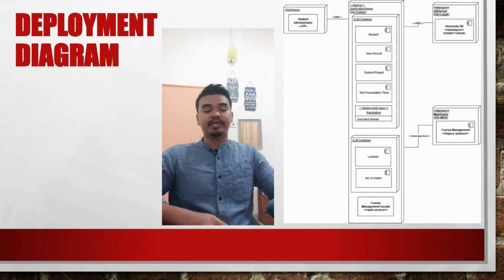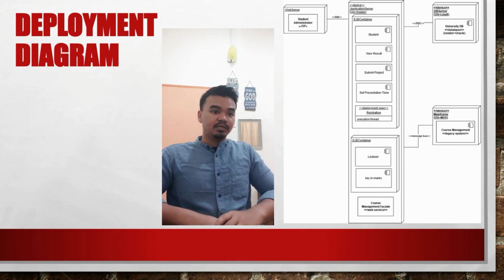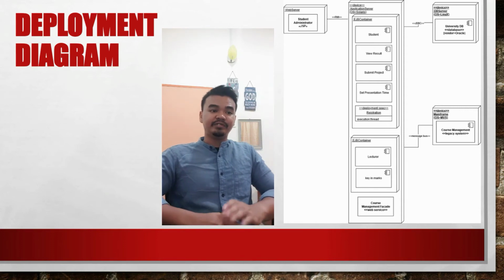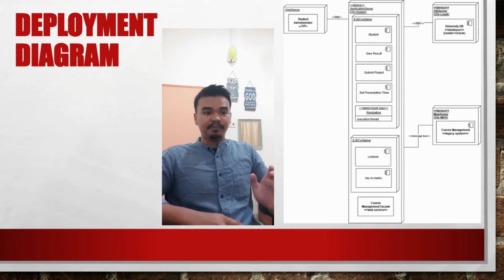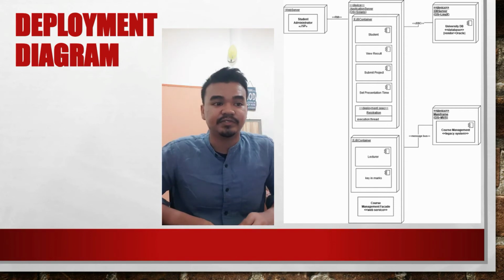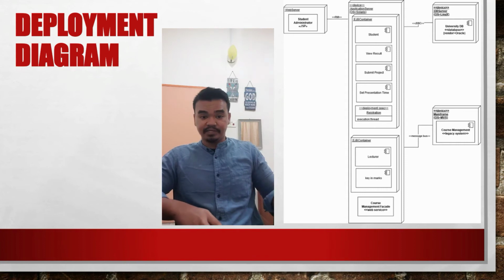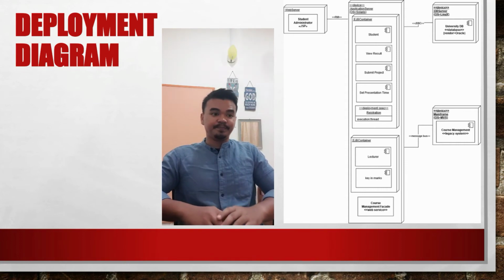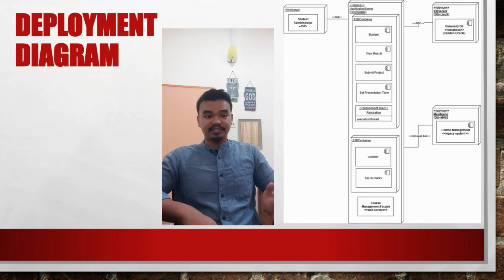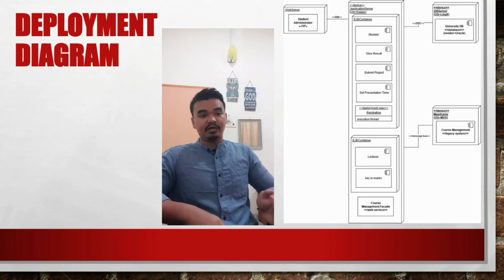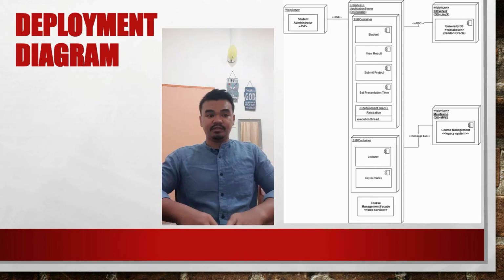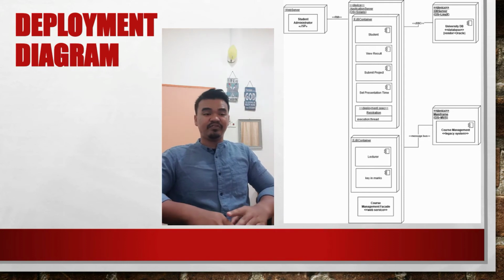And then for the deployment diagram, so basically this is the deployment diagram. For this deployment diagram, the application server connects with the web server and database server. That's why we use a 3-tier client server, which is application server, web server and database server. And then the student PC works as the interface and connects to the web server via HTTP connection. It is also the same with the lecturer.